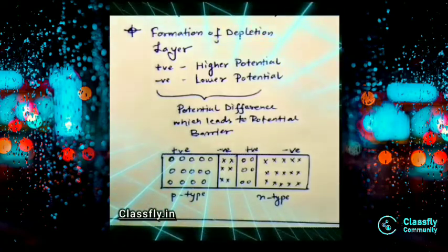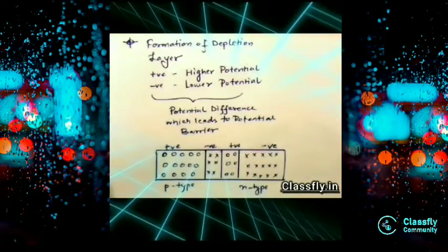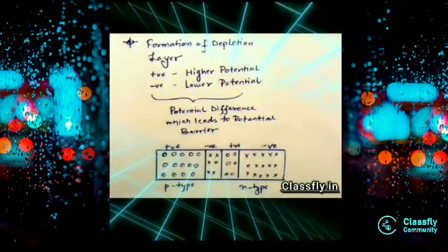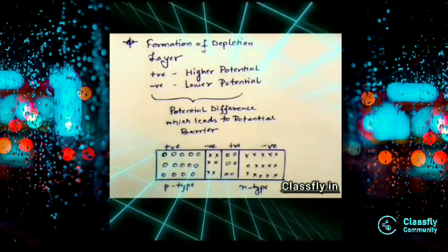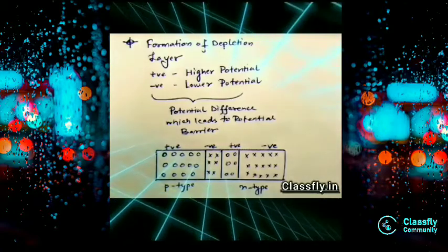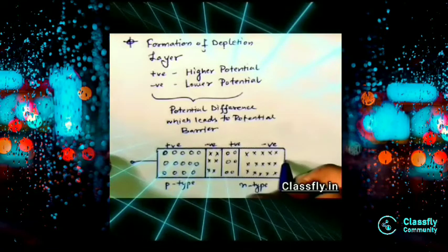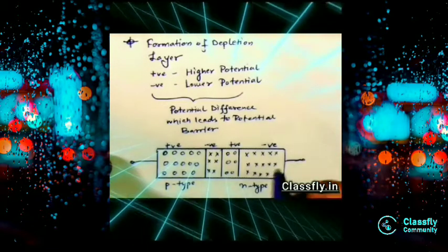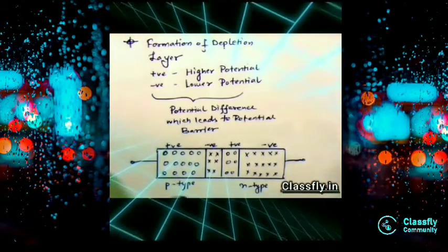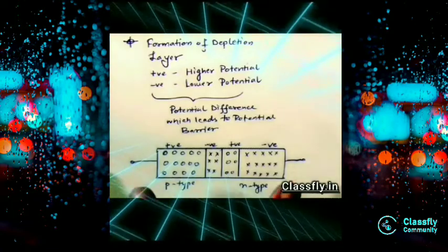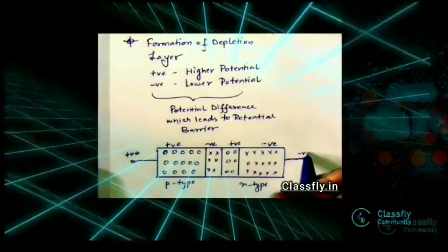We knew about the p-n junction but not the p-n junction diode. Now we will know about the p-n junction diode. We completed p-type, n-type, p-n junction, as well as the formation of the depletion layer. I told you that a diode means two terminals, right? So we will make one terminal here which will be positive, and another terminal here which will be negative. So this is the p-n junction diode, which will have a p-type and n-type combination, as well as two terminals, one positive and one negative.